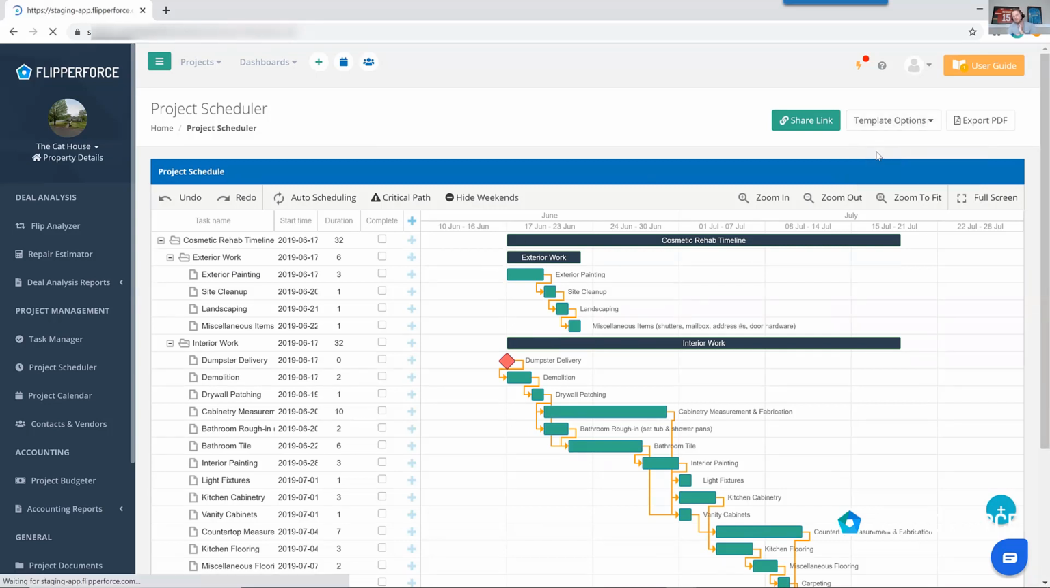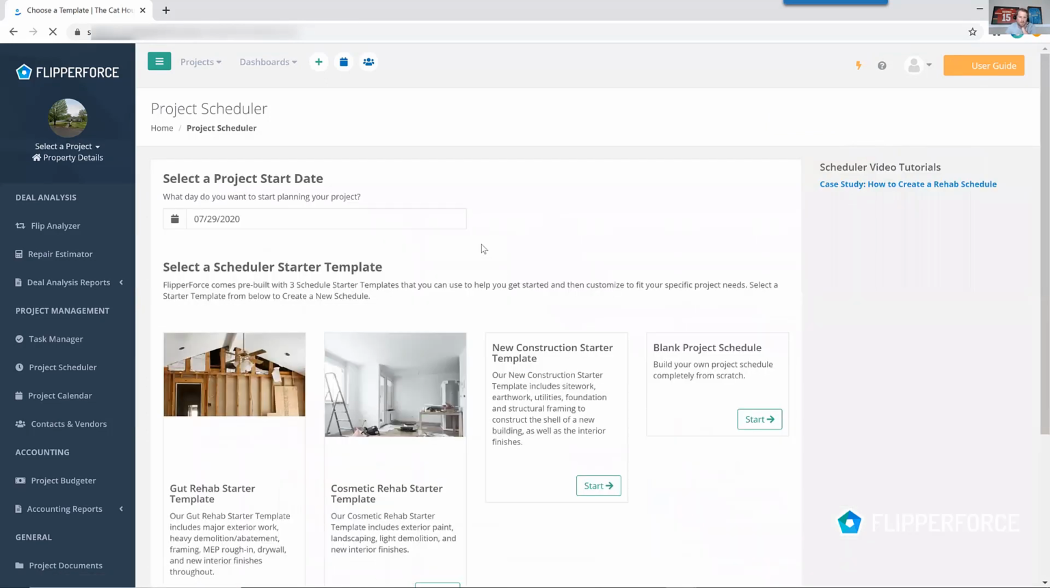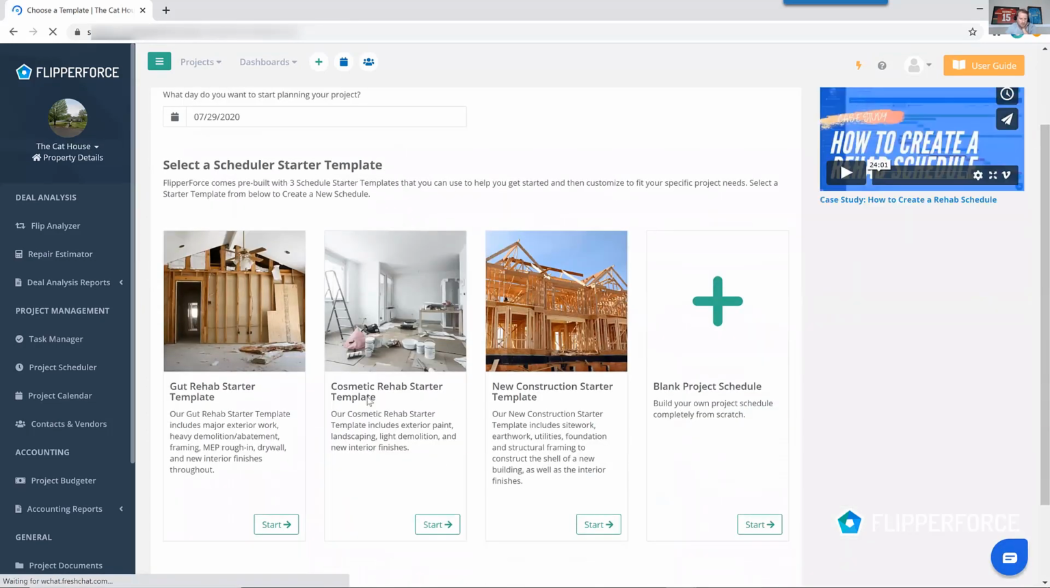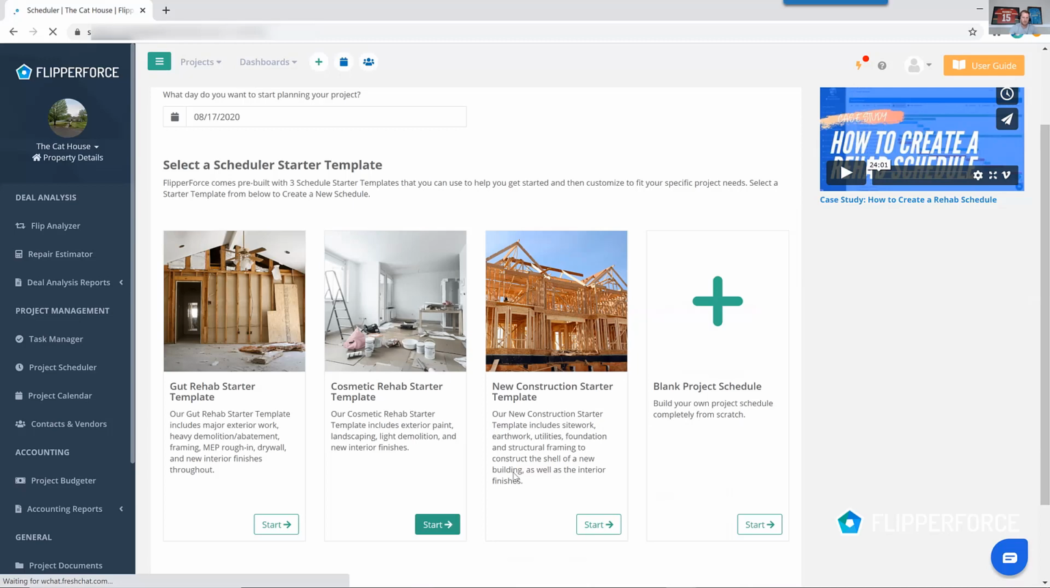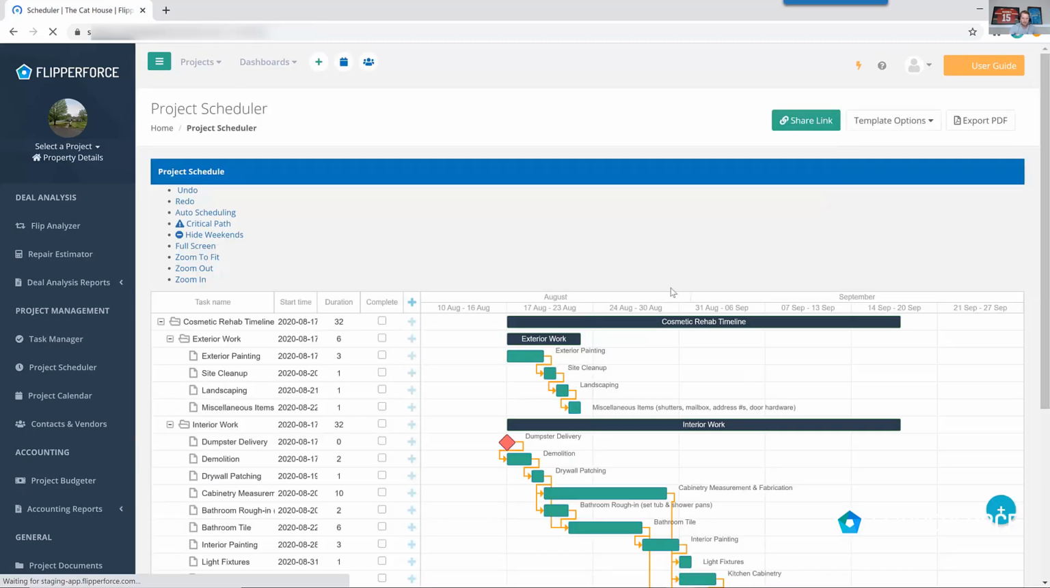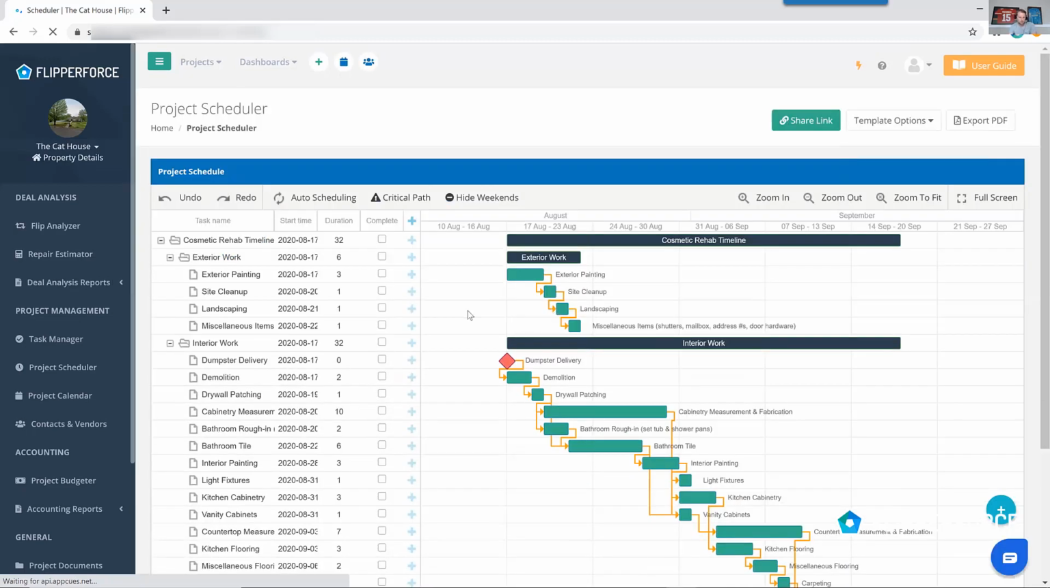We have different templates in our system that you can use as a starter template. So you can see we've got a gut rehab starter template, cosmetic rehab starter template, and then a new construction template. You can basically load those in here. So you'll just pick the start date of when your overall schedule is going to start. So let's say we're going to start on the 17th of August. We're going to load that schedule template in there, and then it's going to load that detailed schedule to the project scheduler starting